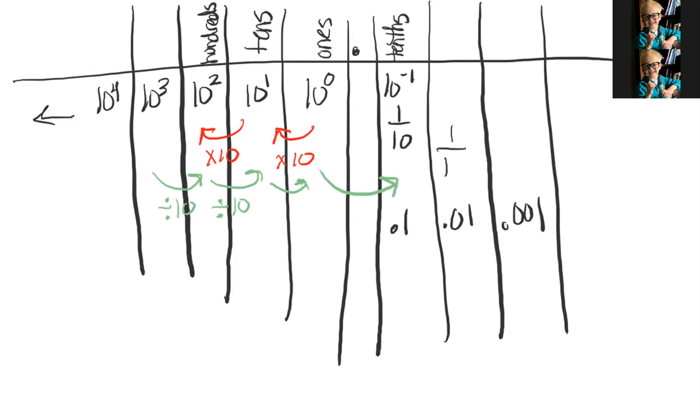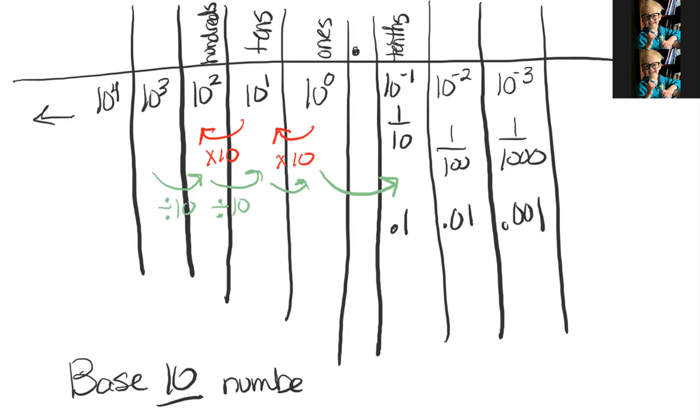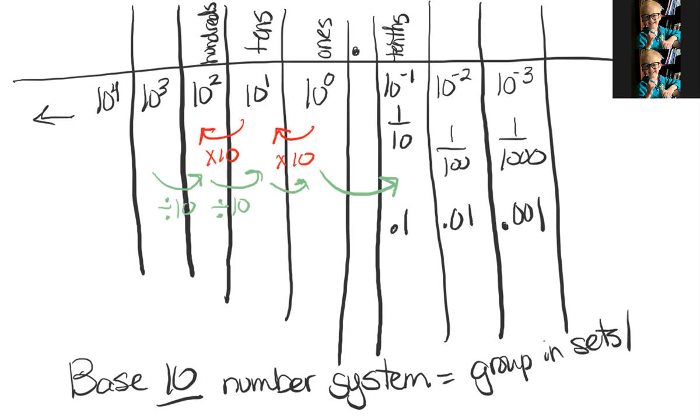This becomes 1 over 100. This becomes 1 over 1,000, 10 to the negative 2, 10 to the negative 3. And that's because we are in our base 10 number system, right? That's our decimal system. Deci, just like decade, means 10. So our decimal system is not just because of the literal decimals, like the decimal point, but because of this number 10. And this means we group in sets or bundles